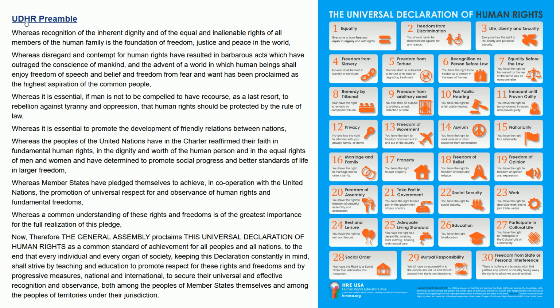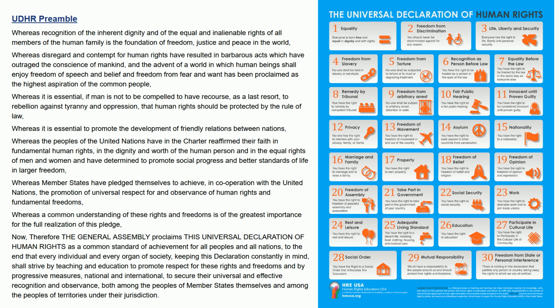So this leads into the preamble. So let me just read a couple of sentences from the preamble. The preamble for a document like this is really just giving the justification, the background, framing for why these rights are important. So this is the beginning of the preamble, and then it lists all these rights individually. So the UDHR preamble goes, whereas recognition of the inherent dignity and of the equal and inalienable rights of all members of the human family is the foundation of freedom, justice, and peace in the world, and whereas disregard and contempt for human rights have resulted in barbarous acts which have outraged the conscience of mankind, and the advent of a world in which human beings shall enjoy freedom of speech and belief and freedom from fear and want has been proclaimed as the highest aspiration of the common good of the common people,